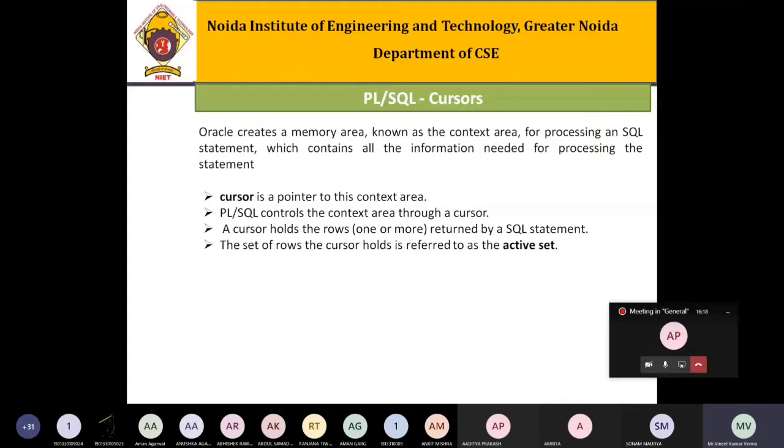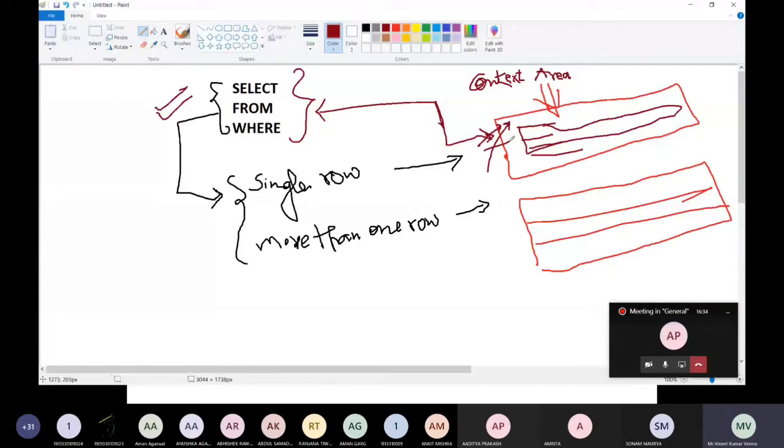So whenever we do any insert operation or update operation or any delete operation, what will we do in that? Insert, update, and delete, these are all DML statements. So in the case of all these statements, what data you want to insert, or what kind of row or set of rows are updated, all this information is stored in the cursor you have created.